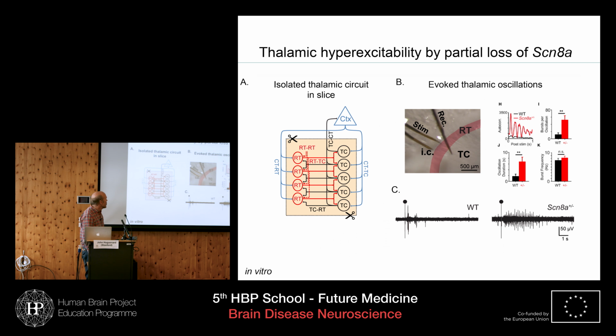So what's going on in these mice? The first question we asked is, is the thalamus affected, right? We have this genetic evidence that this was the site of activity of the mutation, and we tested this now in our brain slices. So this is that same horizontal brain slice method that I described before.